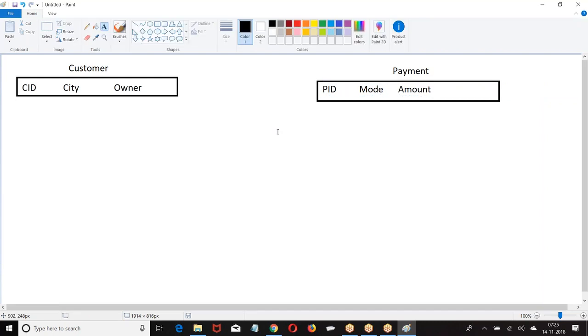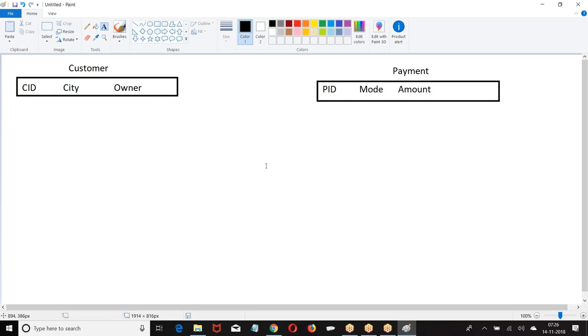In the customer object, I will store information about the customer. In the payment object, I want to store the payments made by the customer. Customer object will have the customer data, and payment object will have the payments made by the customer.